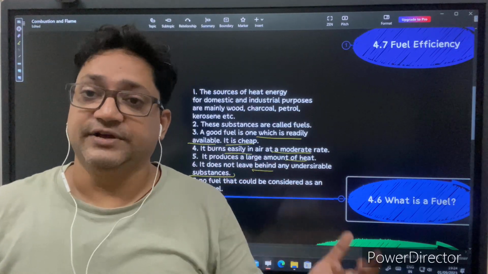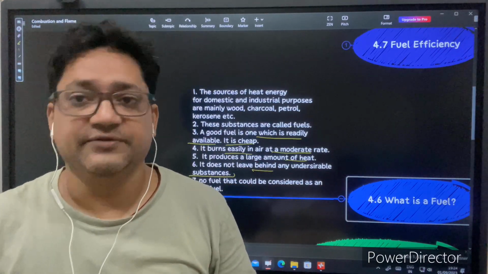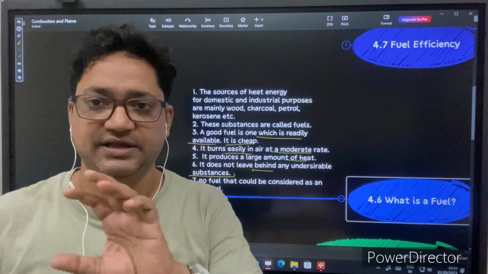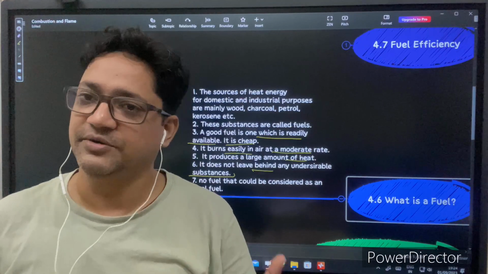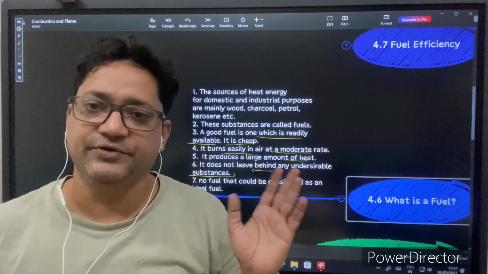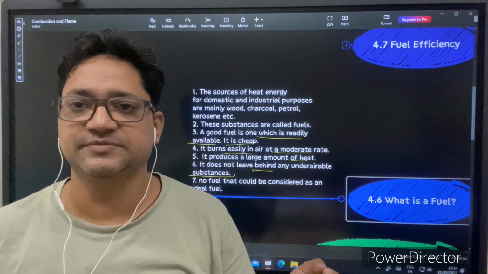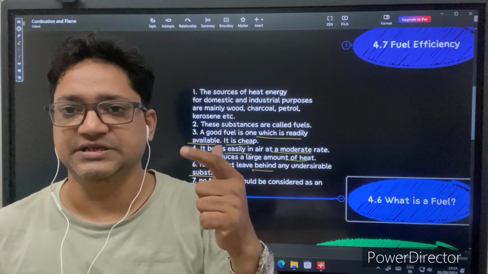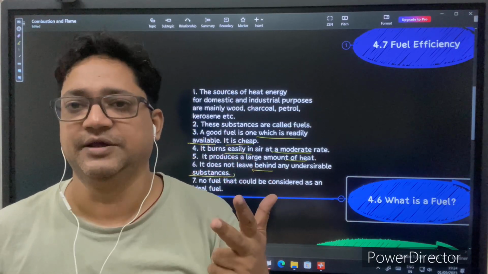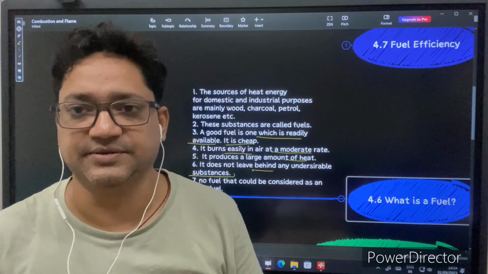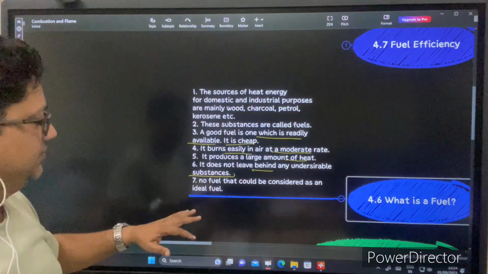Some of the fuels are very cheap, but they are not readily available. If I talk about the two different considerations right now in 2023, I'm mentioning the time just because in the coming future you might see these fuels available there. But a few months back, CNG was not available in Bihar. So it is cheap, it is very efficient, but it is not available. So it cannot be an ideal fuel for a person in Bihar. So this is all about the fuel.